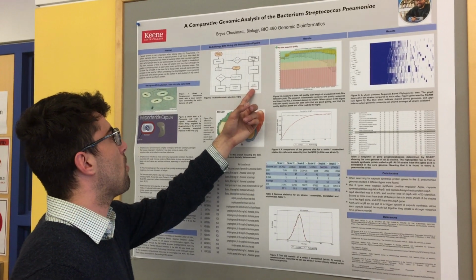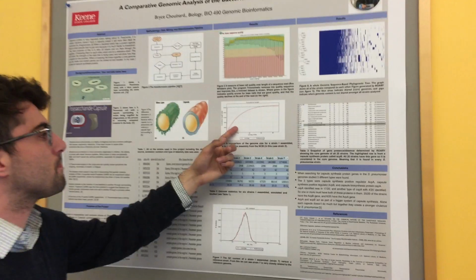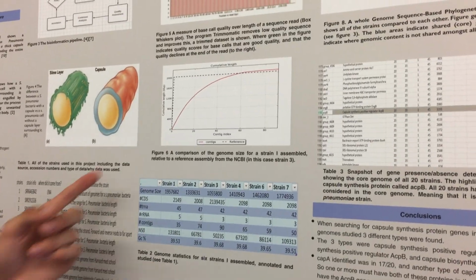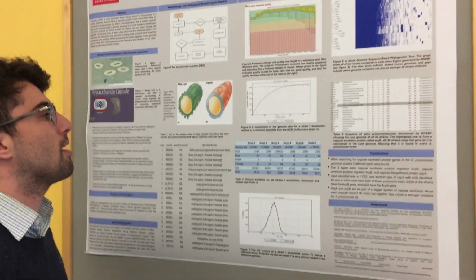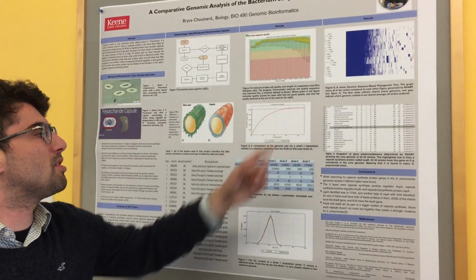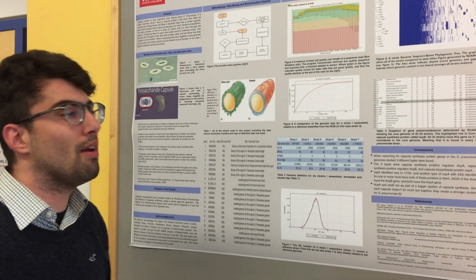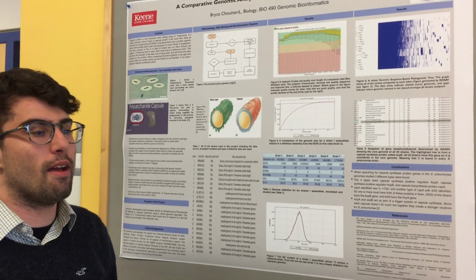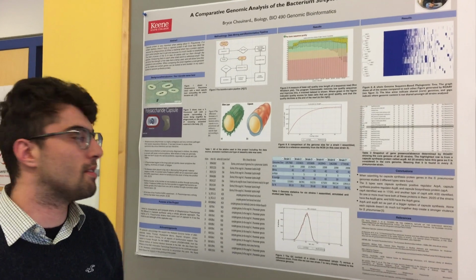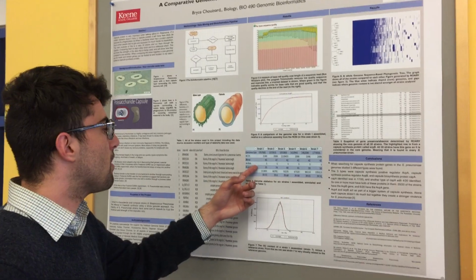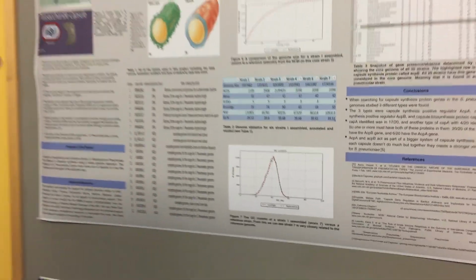We ran a lot of quality and annotation checks, which are things like this, where you compare a strain. In this case, it was strain 3. We compared strain 3 to a reference strain. If it's close like this one is, you know that you have the correct strain that you're working on, which is important because you don't want different strains that you aren't sure of. This is also from annotation,